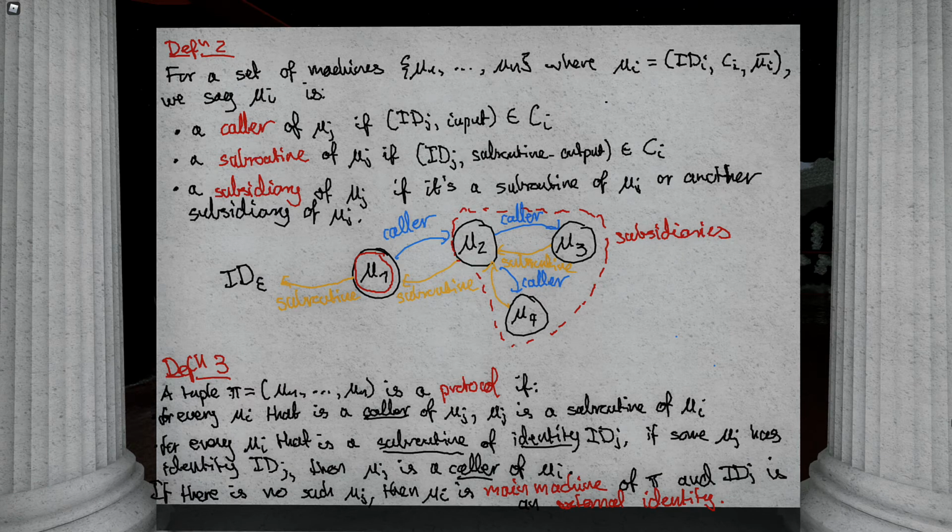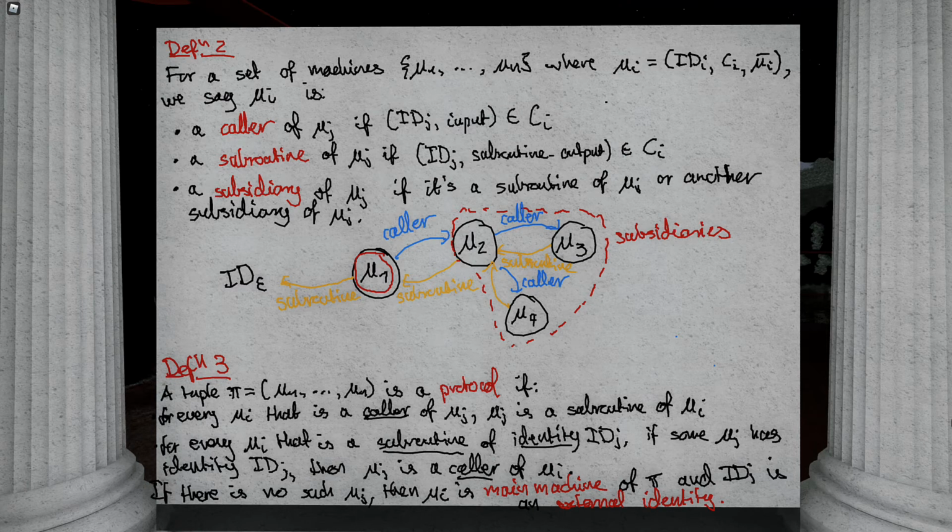Yeah, I think I have to see this in use somehow, or at least its role in a proof to really understand why things are set up the way they are. I find this use of the word subroutine pretty confusing. I would agree with this. But I guess I can get over it. I'm struggling a bit with this last point about main machine and so on, but I think the rest of it makes sense. Right. So my hope is that when I define the execution semantics, this will be a little bit clearer.